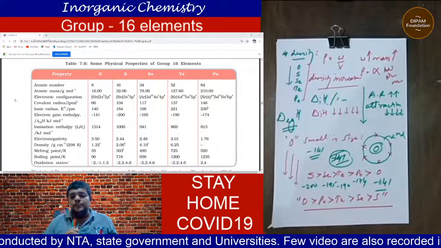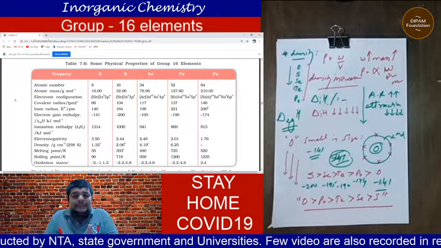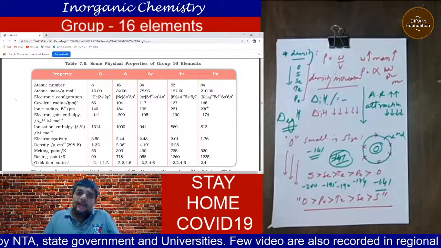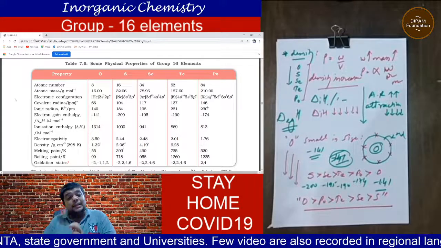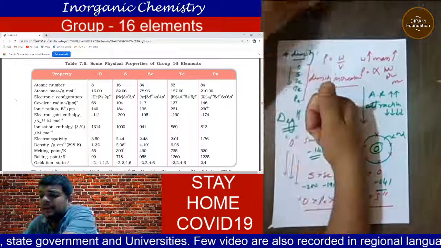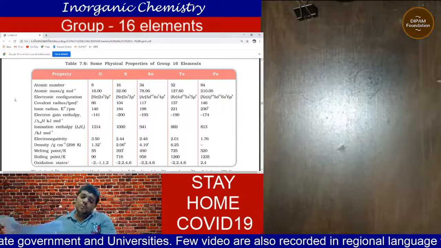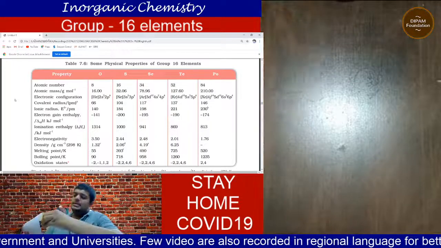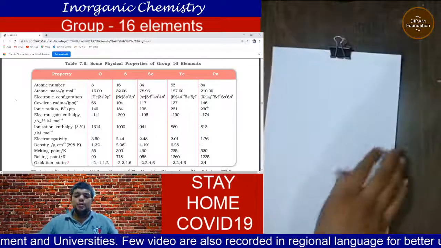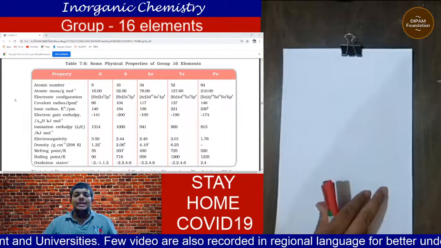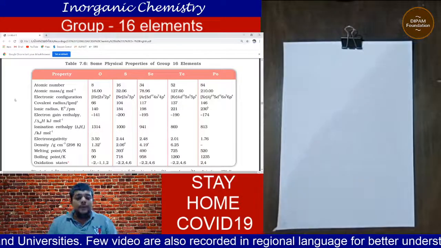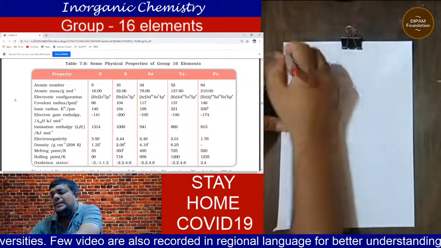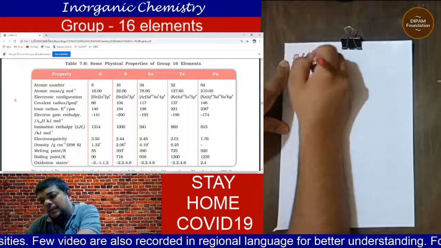So this is how we are gathering a few physical properties starting from atomic radii and coming up to electron gain enthalpy. Moving in the same direction, we have two more values, that is the melting point and the boiling point. So when it comes to melting point and boiling point, make it very clear that here, let it be melting point or let it be boiling point,